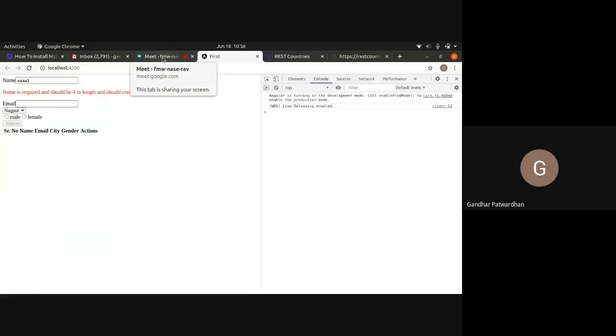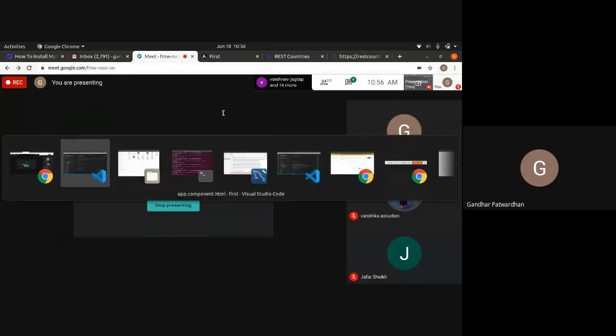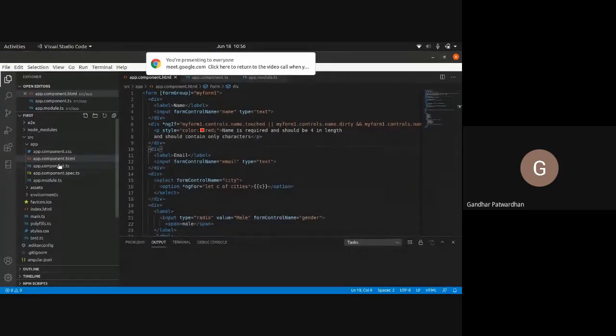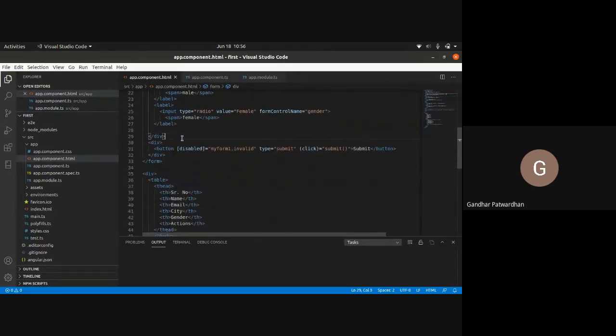Can you please show validations of password and confirm password using a function? Okay. So what I'll do is I'll have a div.